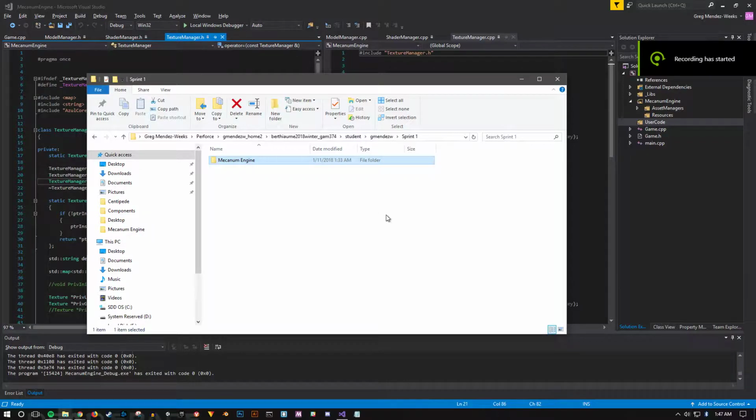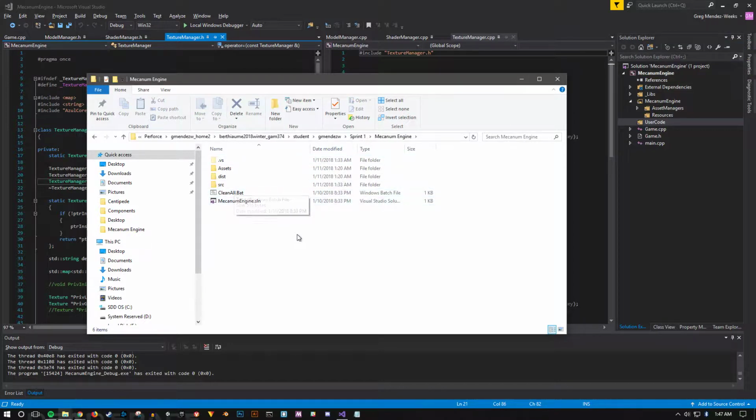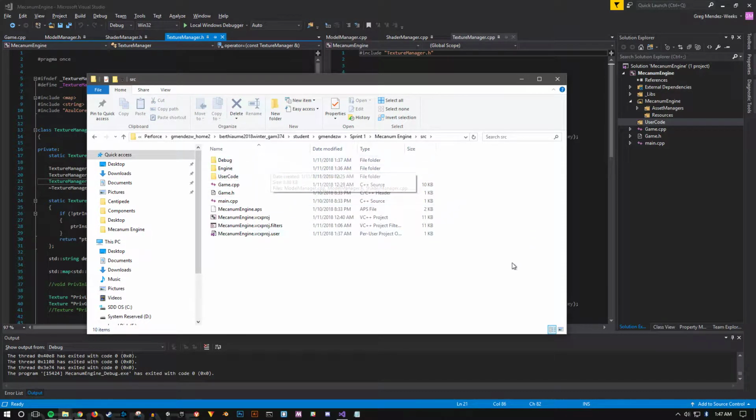Hello, this is Greg Weeks, and I'm going over Sprint 1 for the Mecanum engine, which is what I've decided to call my engine here. Mecanum wheels are omnidirectional wheels that are used in robotics, so I figured it was appropriate for an engine that is versatile and modular, so I'm going to try to stick with that throughout the 5-month process we got going here. So, anyway,